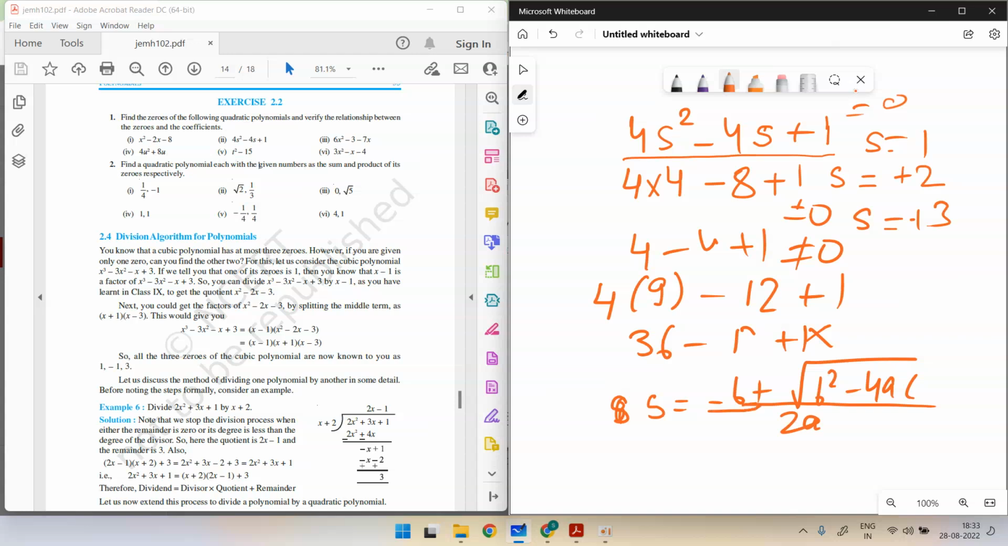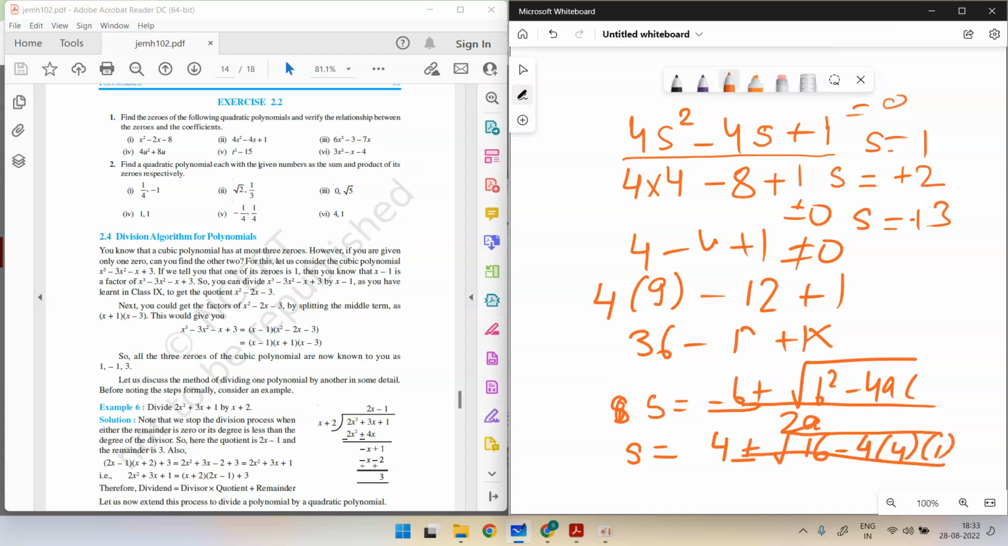The short trick, which you will learn in the next chapter, quadratic equation. So x is minus b, plus or minus under root b squared, 4 squared is 16, minus 4 into a into c,